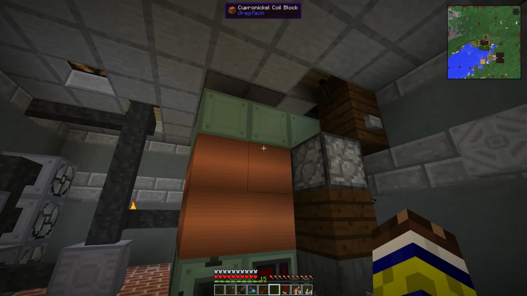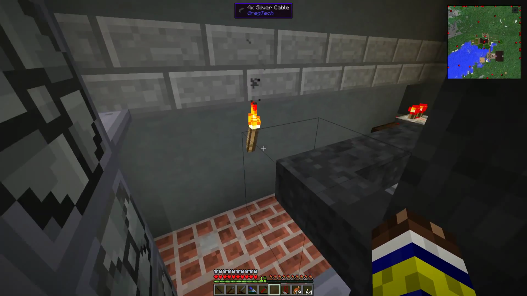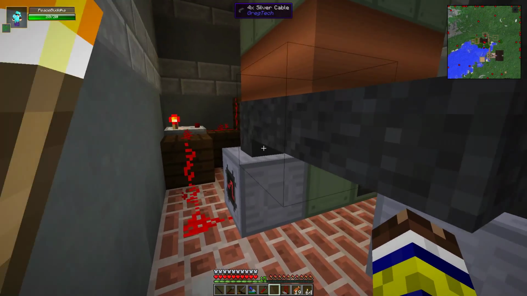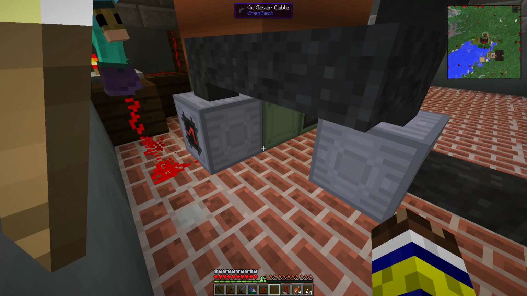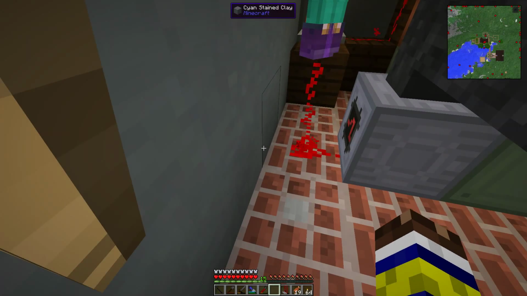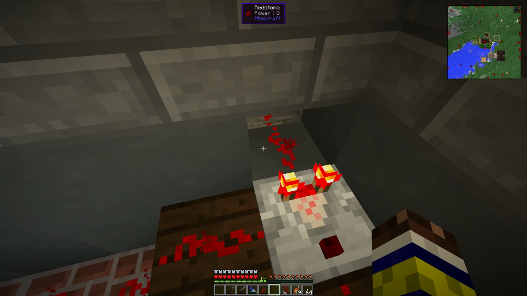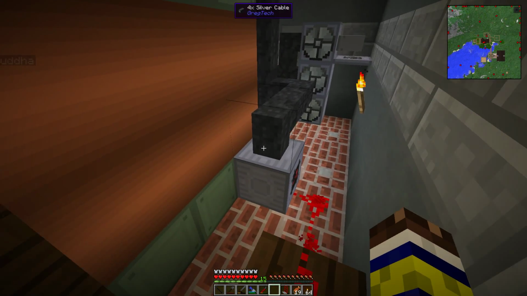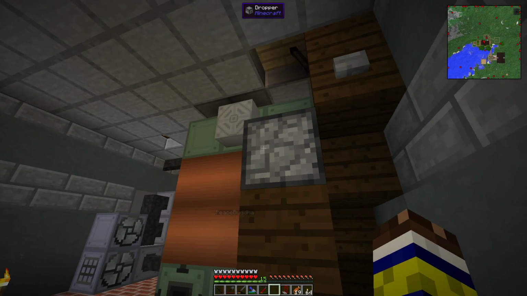Now, we've also moved the blast furnace down here, which I have connected up with a similar system as before, except that I changed out the low voltage energy hatches with a high voltage one. So we now have a high voltage battery buffer with a battery in, which every single time this one fills up, the signal turns stronger than the one coming in from the wall there, and it'll send a pulse through the redstone going up to the dropper,